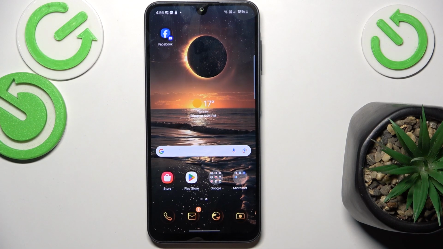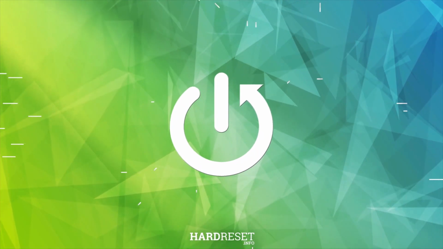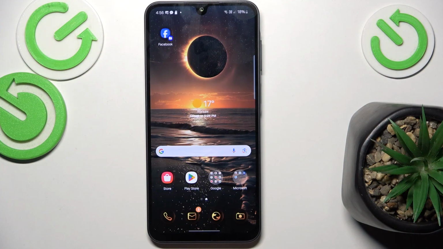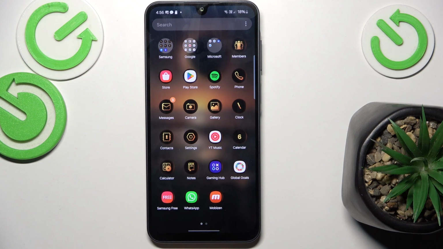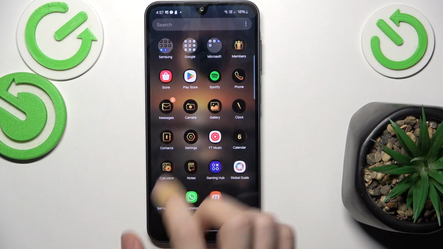Hello, in this video I'm gonna show you how to restore the default theme on Samsung Galaxy A26. You can see that I have a quite intense theme. It changes a lot here, so if you want to restore it back to the default one, go to the